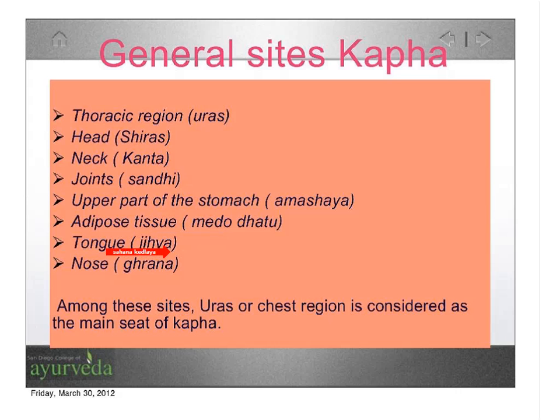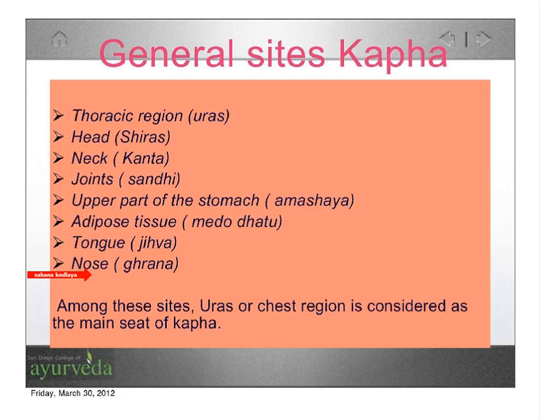So it is rasa. Tanmatras are the subtle form of the Panchamahabhutas. The subtle form of the water element is rasa, or taste, and the organ concerned with taste perception is the tongue. Since Kapha is related with the water element, whose Tanmatra is rasa, and rasa is related with the tongue, the tongue is considered one of the important seats of Kapha.